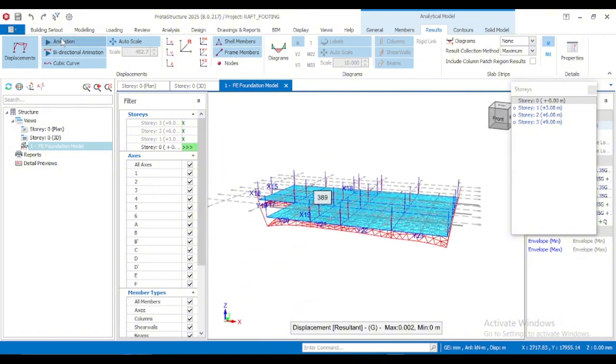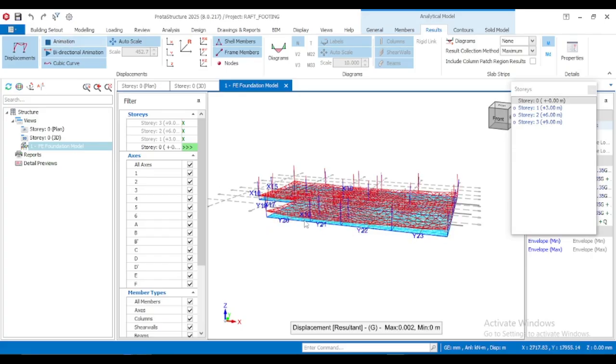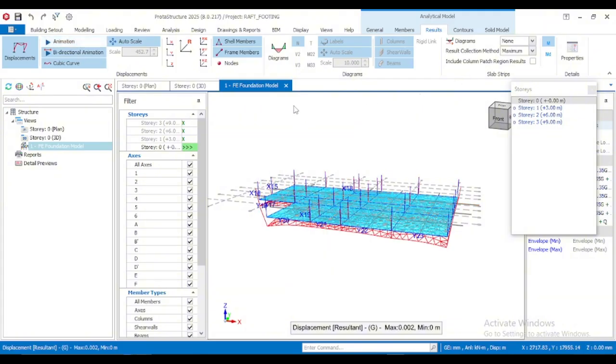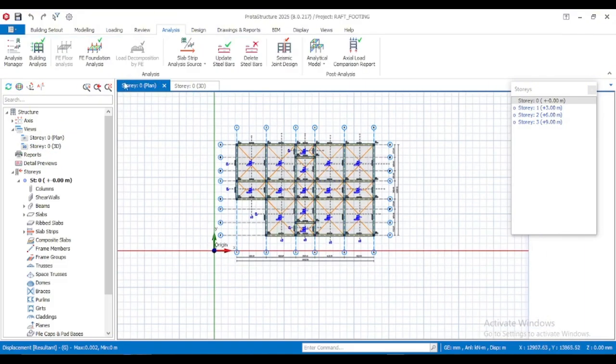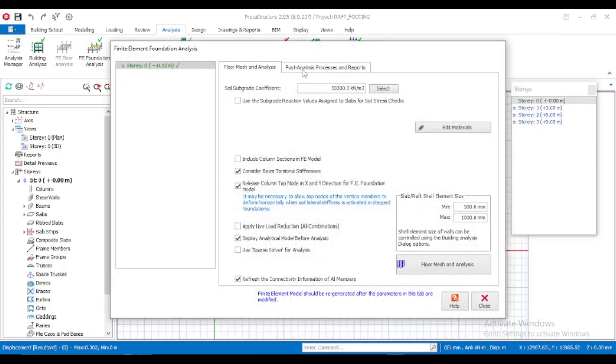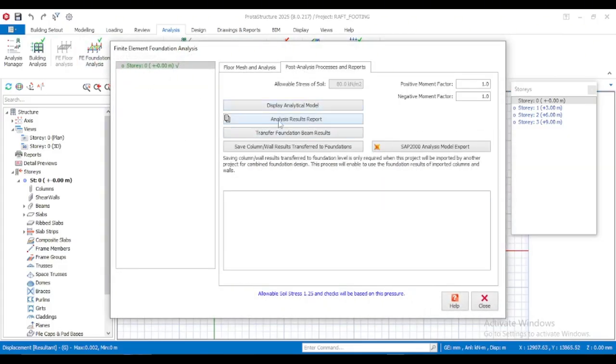So you want to make this an animation. You can click on that so you see the behavior of your raft. You can just off that. You can end this. Okay, and just click back on the foundation, go to post analysis. So next I want to do is for me to